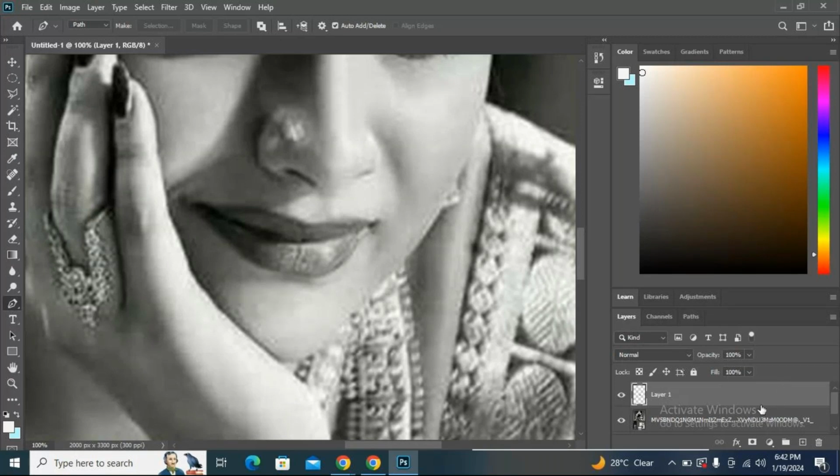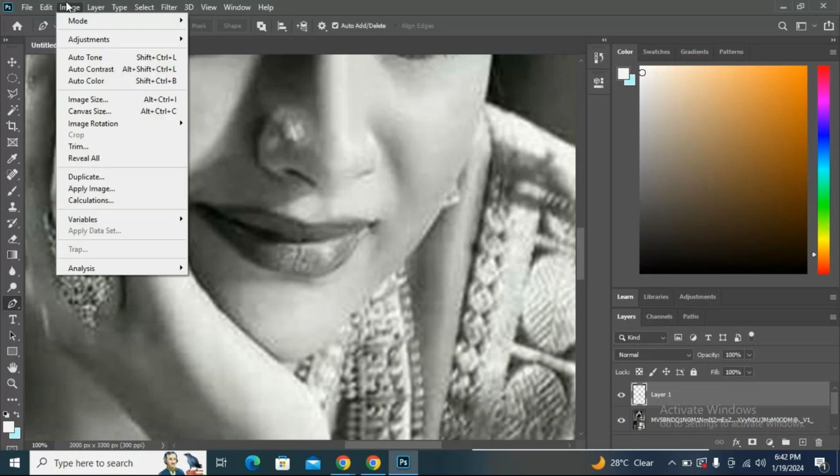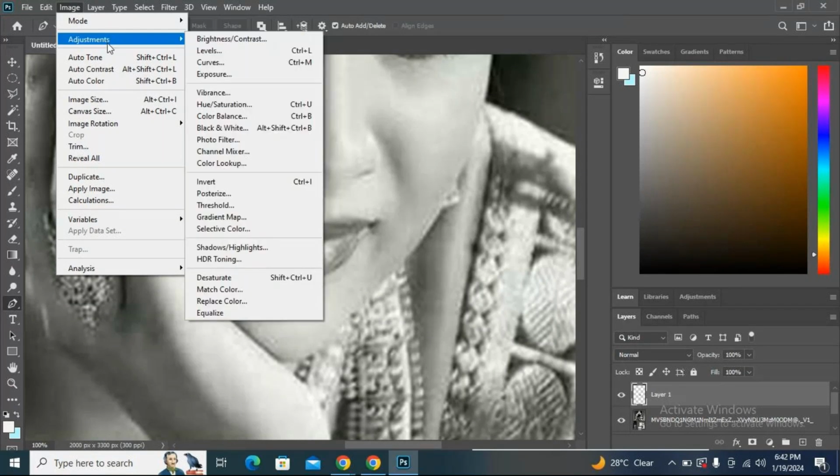Just select this layer and go to the Image option. There you have Adjustments. In that Adjustments, just go to Color Balance here, this one, Color Balance. Select that Color Balance